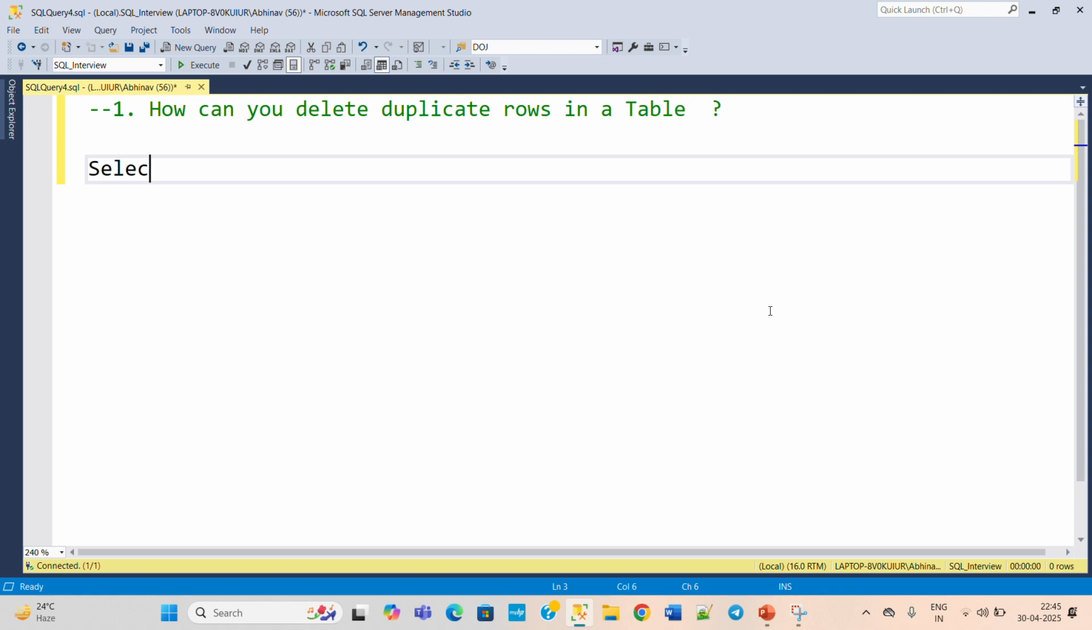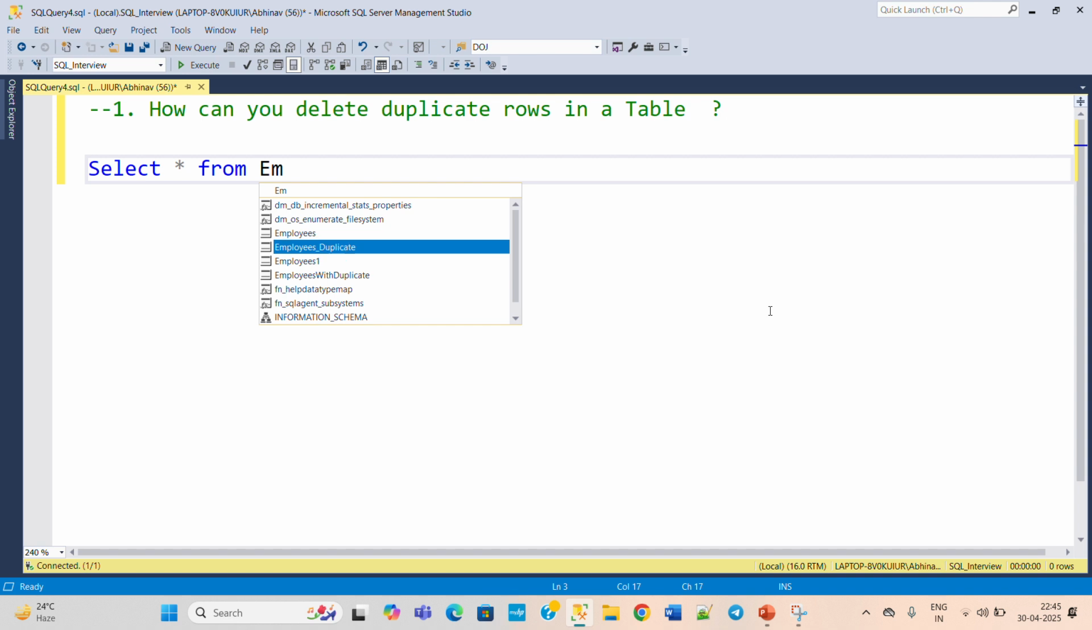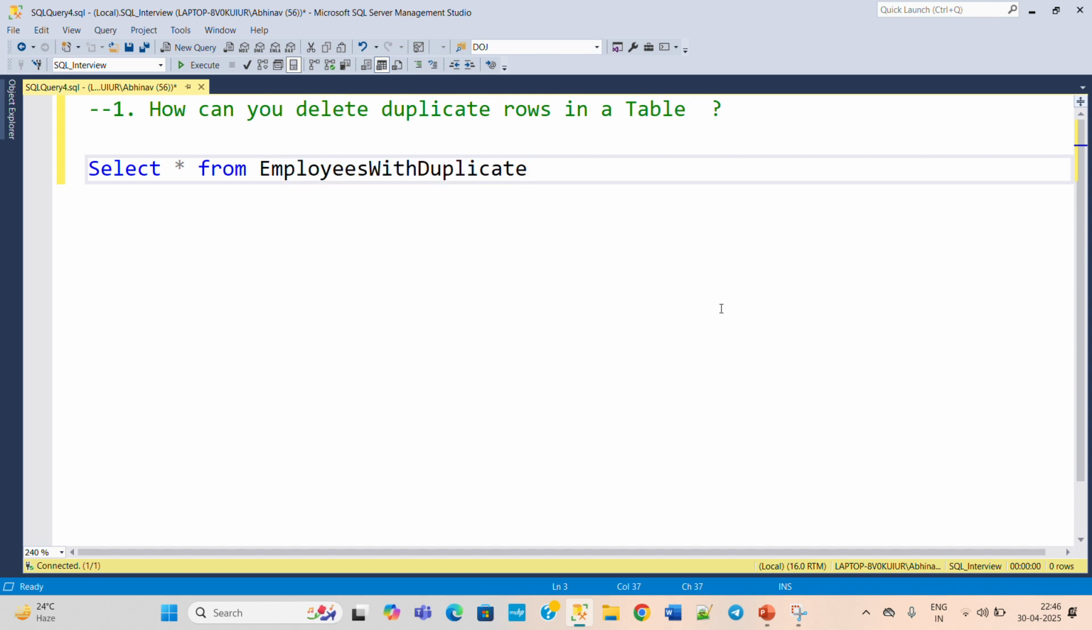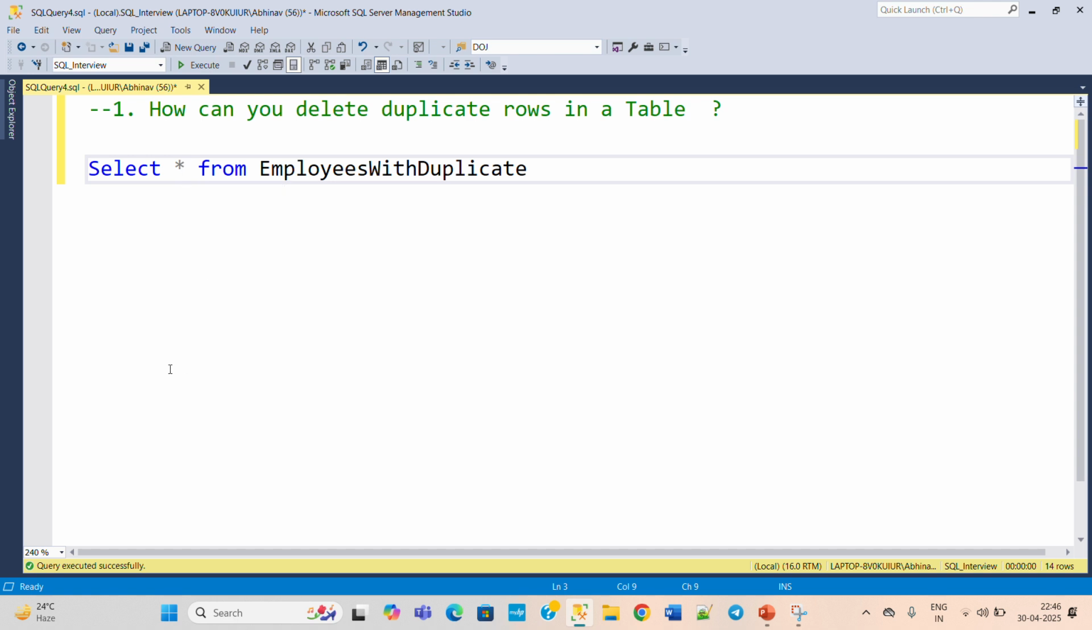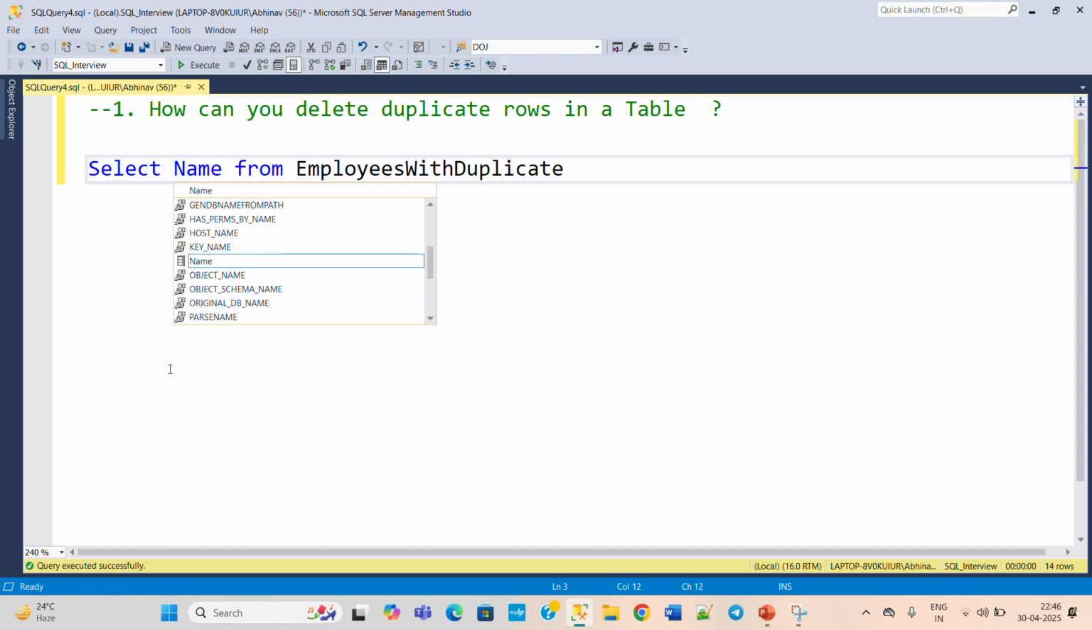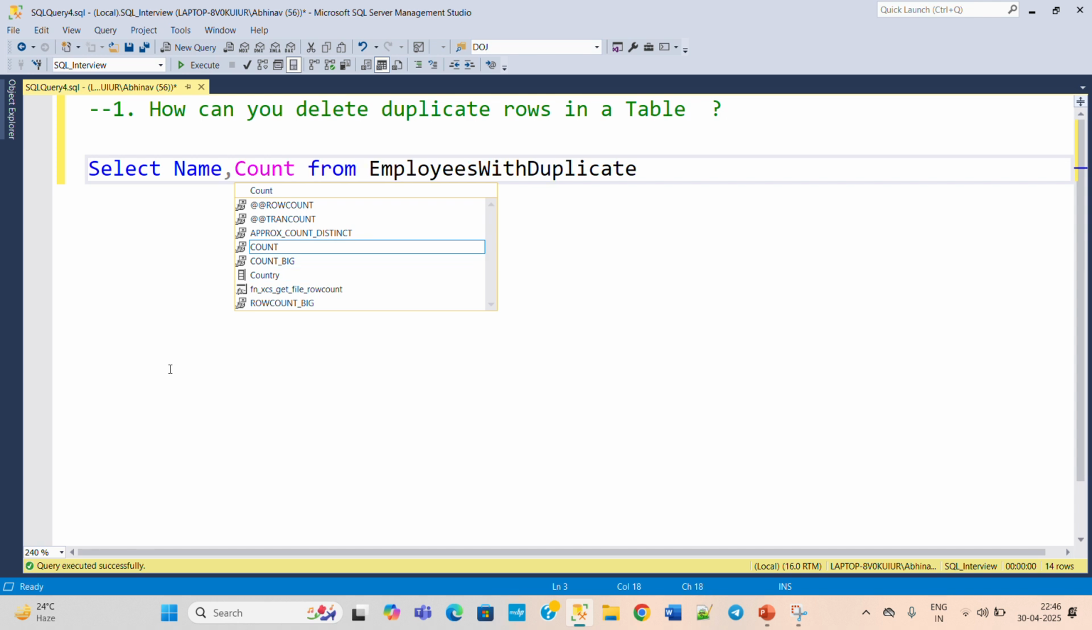First, do a select star from the employees duplicate table, employee with duplicate data. Now execute this first and check how the data set looks. So we have the id, name, department, country, age and salary. Now how do we check the duplicate records? For that the query will be select name comma count star